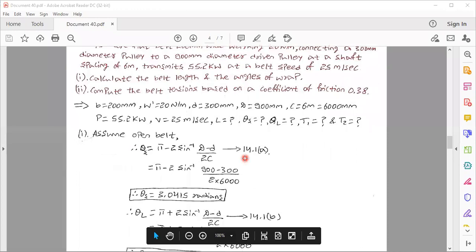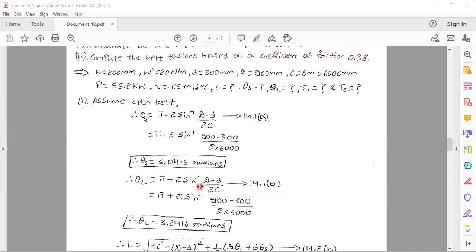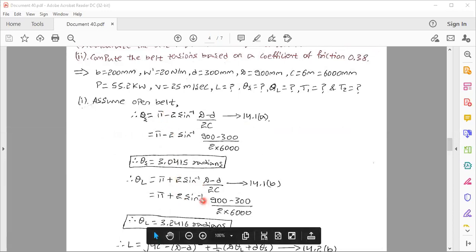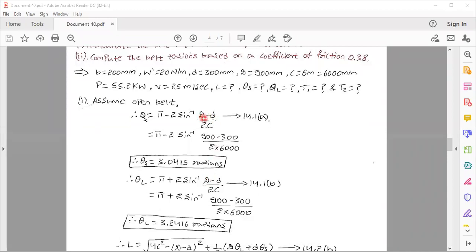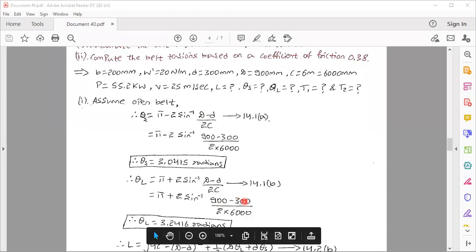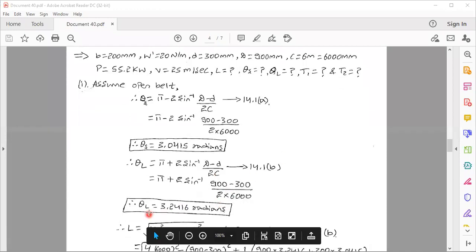Similarly, from formula 14.1b, use the formula where instead of minus it is plus. Substitute the values of small d and capital D: 900 minus 300 divided by 2. Center distance is given as 600. Substitute that, and the angle of contact for the larger pulley you will get as